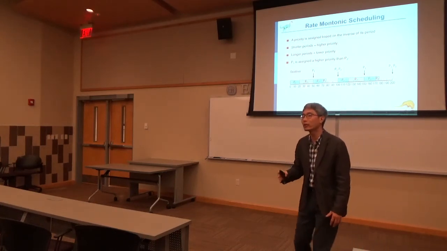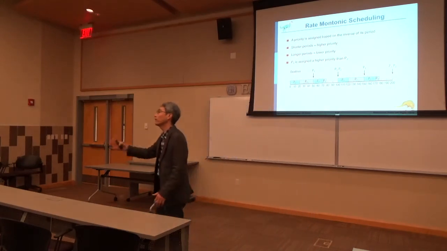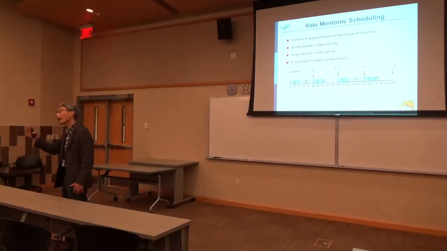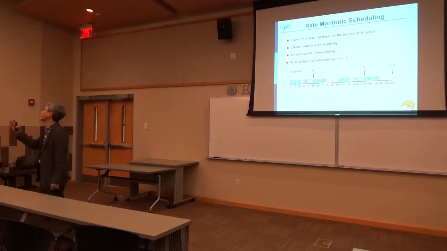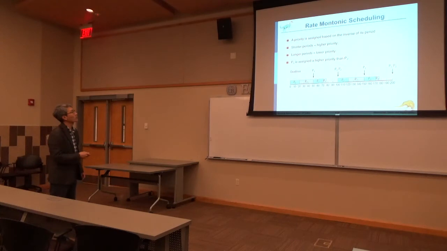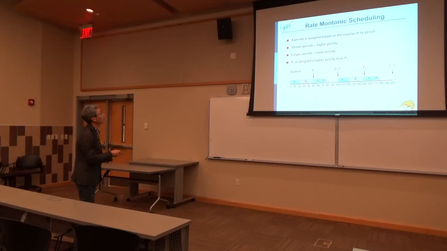So P1 is more critical, right? It should work every 50 milliseconds. On the other hand, P2 will be running every 100 milliseconds, which means P1 is more critical. Then we can consider P1 has the higher priority, right? So if we consider the inverse of the period as the priority, then we can select from the